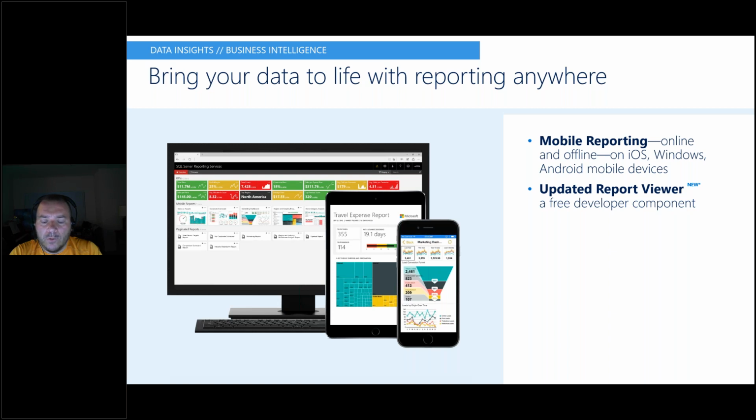If you download the Power BI application from the Play Store or App Store, you can connect it to your on-prem SQL Server Reporting Services URL, authenticate yourself, pick those dashboards and reports that you are interested in, and take them offline. So you can also do offline browsing of your business reports using this capability.